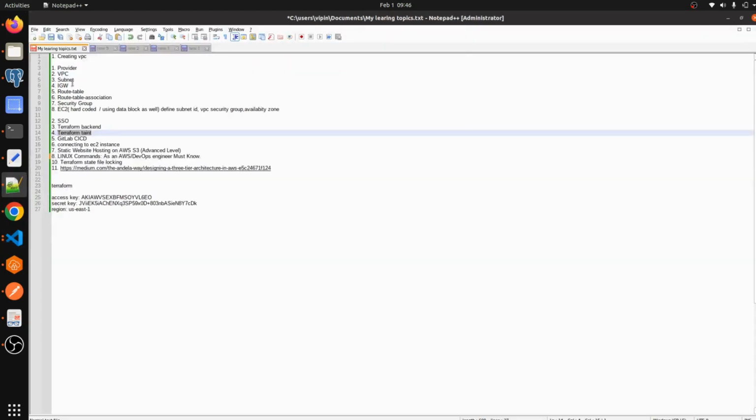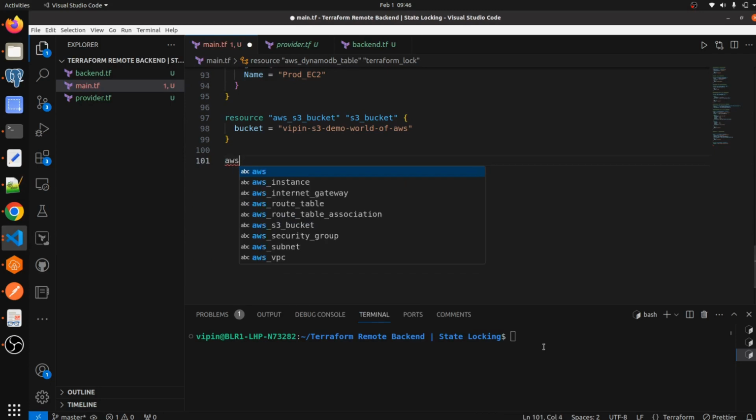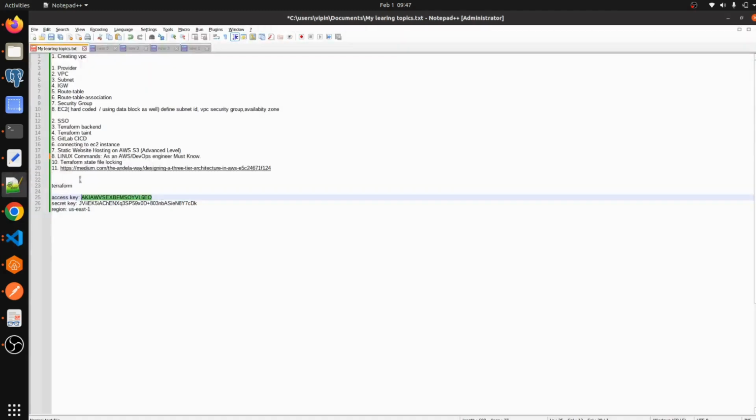So let me go here. I have the access key and secret key. Let me run aws configure. Let me paste my access key, then paste my secret key.